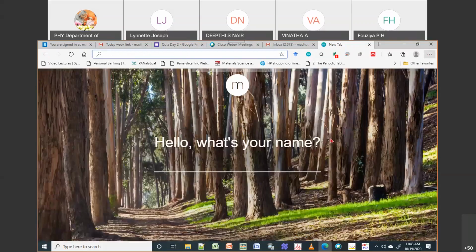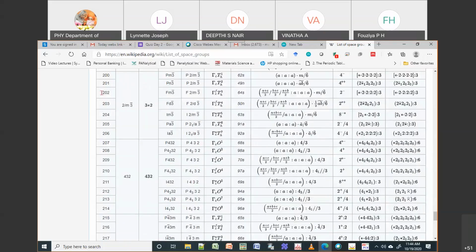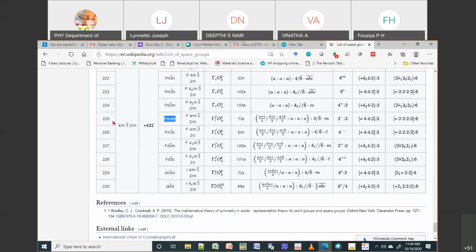For example, if I take this I4mm, then the number is 104. In the same way, if I take F minus 4 3m, then it is 202. In our case it is Fm minus 3m, which is somewhere here, and it has a number of 225.